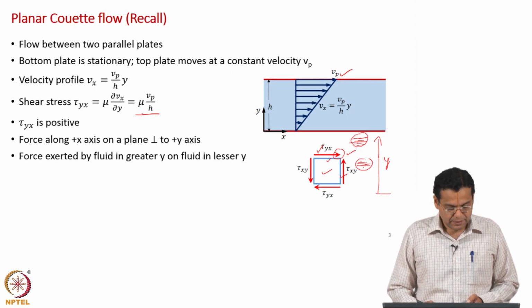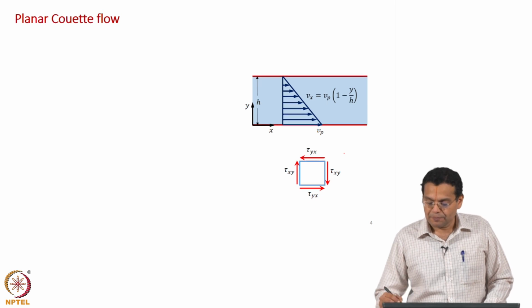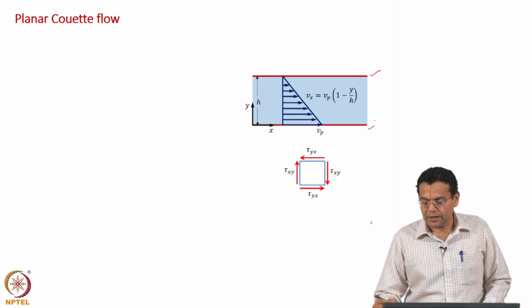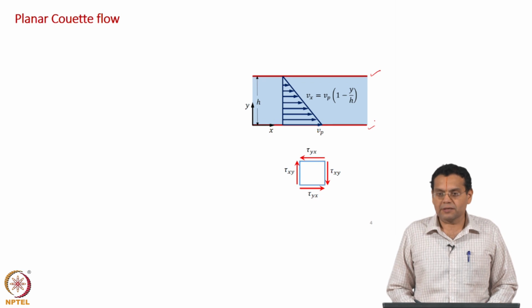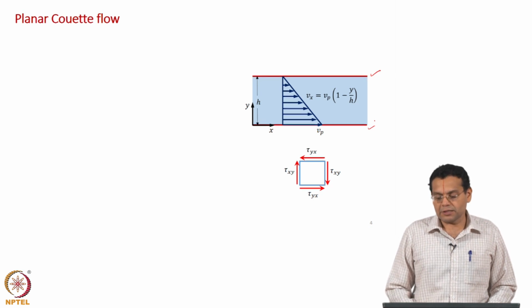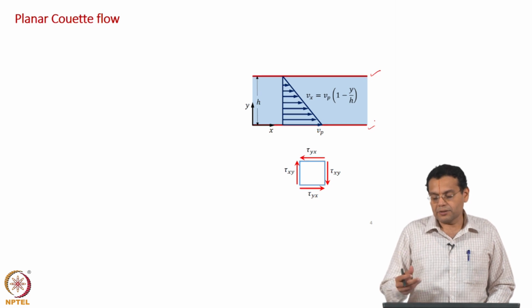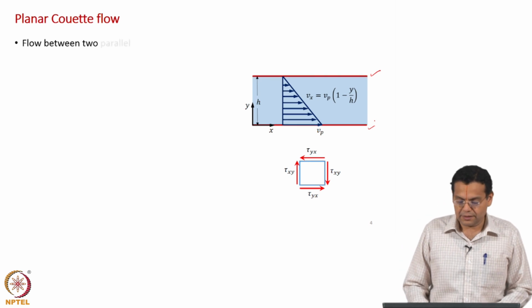Okay. Now, what we will consider is once again a planar Couette flow, but now with the top plate fixed and the bottom plate kept moving at a constant velocity V_p. Okay. This is the example which we are going to discuss to relate fluid mechanics and momentum transport. We will understand why we have come from that geometry to this geometry as we go along. Okay, let us look at that.